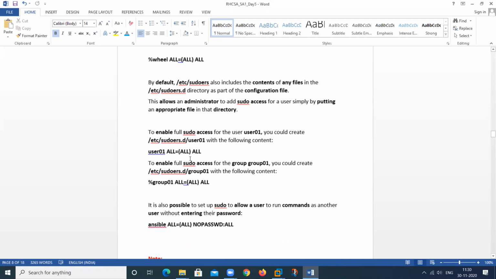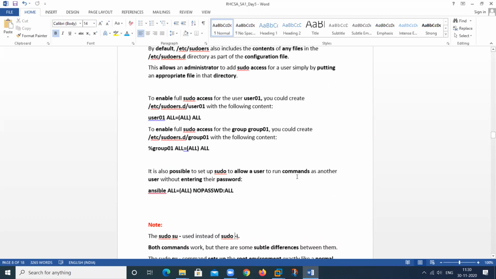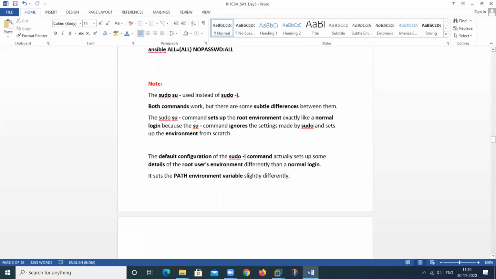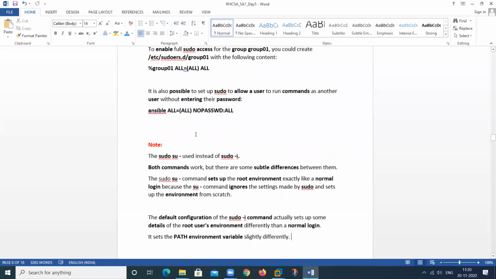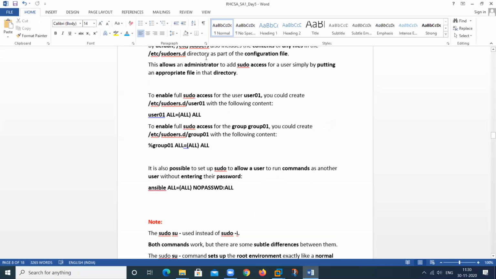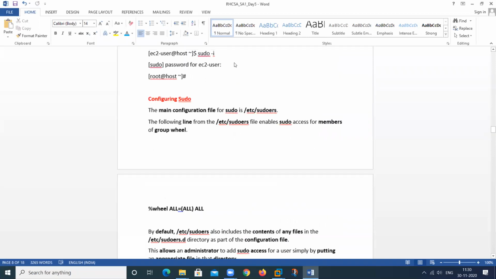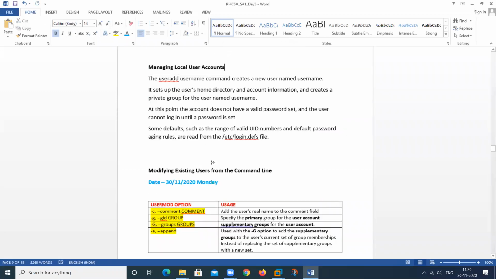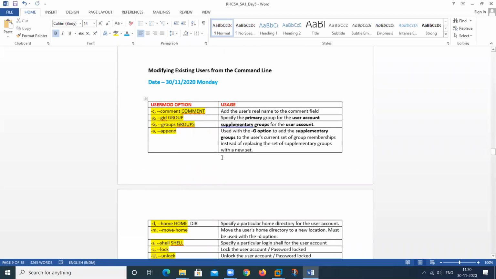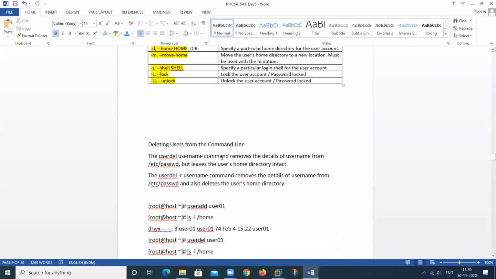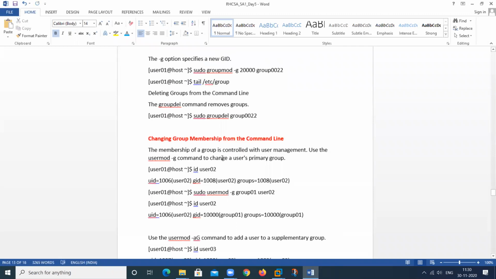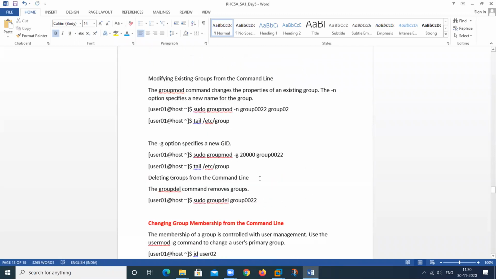So read this, from this to this, you can understand all of this. Read the book to clear your theoretical concepts, because it has a lot of information regarding users, groups, sudo. So all these concepts will be cleared.